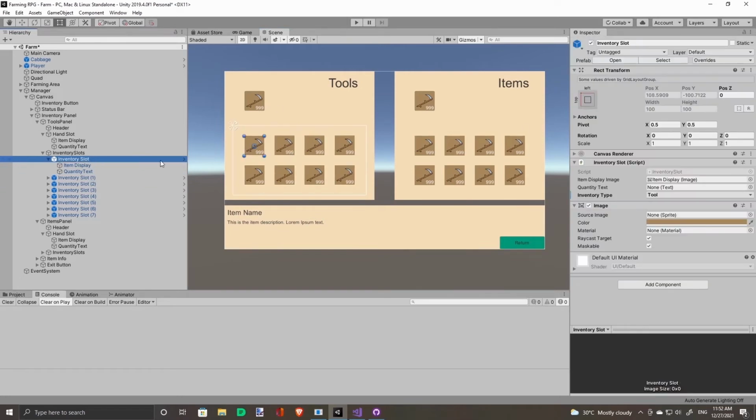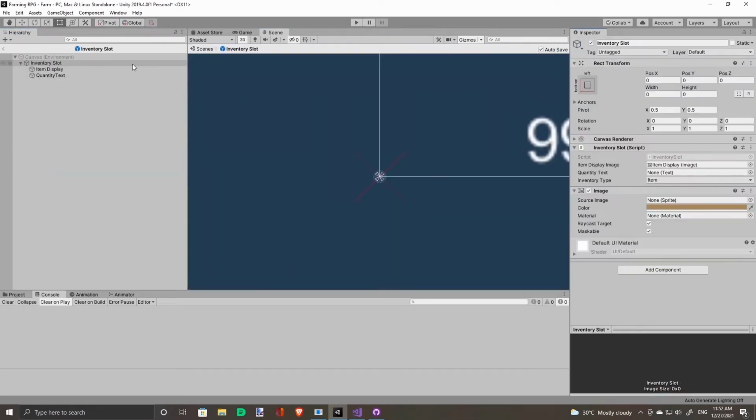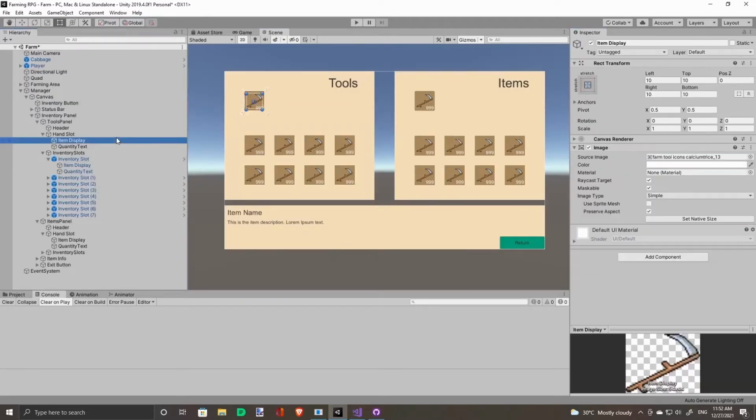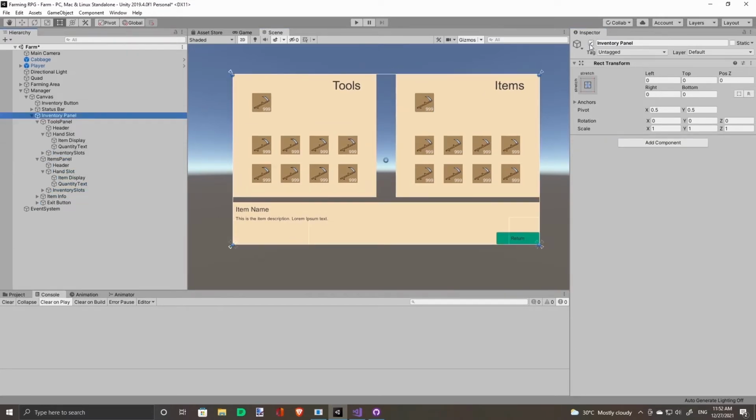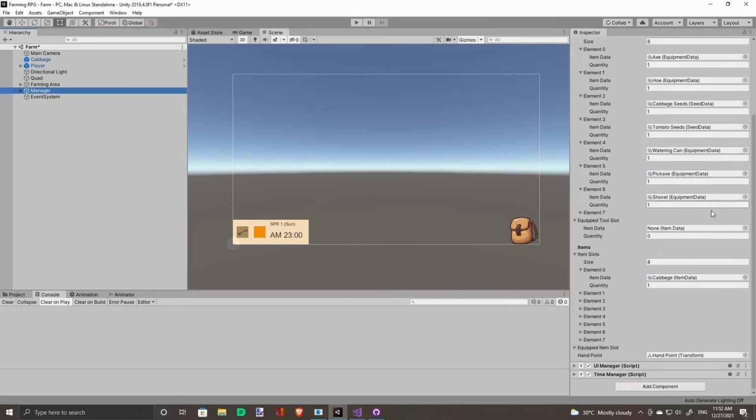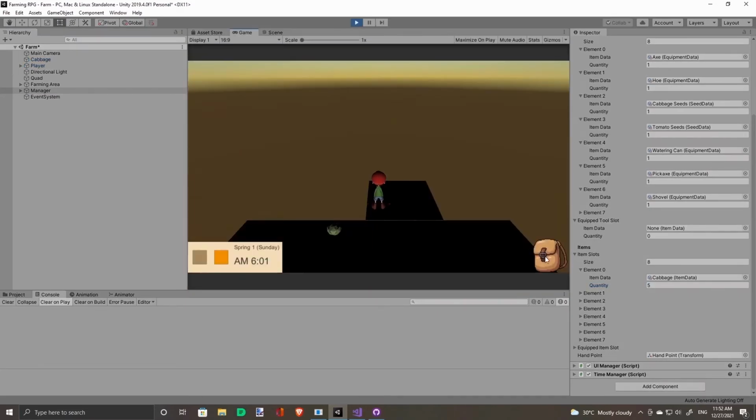Now we just have to go into the inventory slot prefab, set the quantity text to the quantity text, and we do this the same to each of the hand slots. Quantity text and quantity text. For example, if you see I had 5 cabbages, let's see it display.